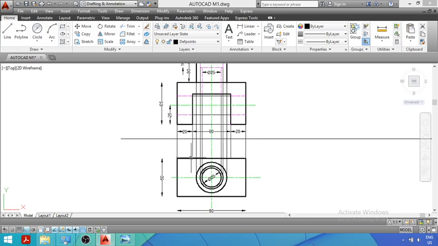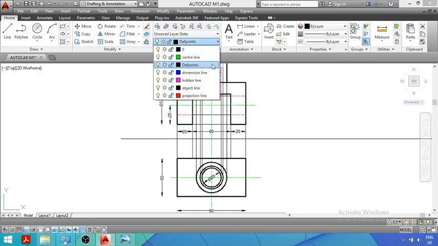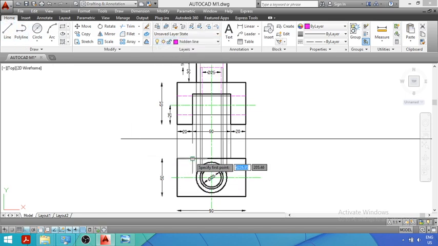Now we have projected point number 1 in the top view and we have projected point number 2 in the top view. Now from these 2 points, that is from this point on the left hand side and from this point on the right hand side, we will draw 2 hidden lines. First hidden line on the left hand side and second hidden line on the right hand side. So you can see we have drawn 2 hidden lines. The lines drawn in pink color are hidden lines, that is dotted, since these 2 edges will not be visible. So first project this point in the top view and then draw the hidden lines.